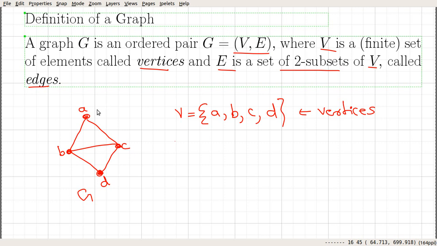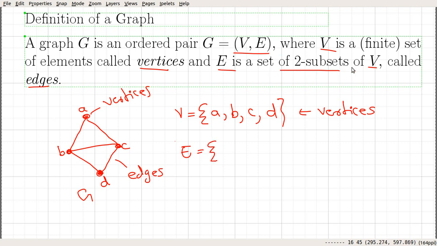In this graph, these dots are what are called vertices, and these are called edges. Formally, E is defined as follows.